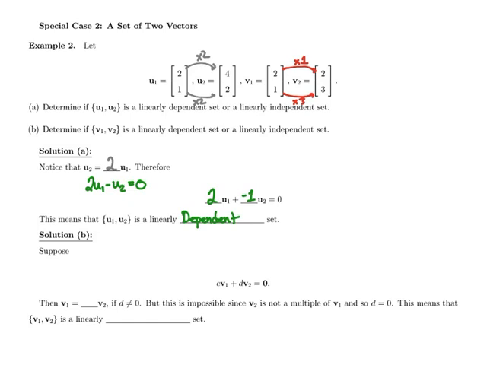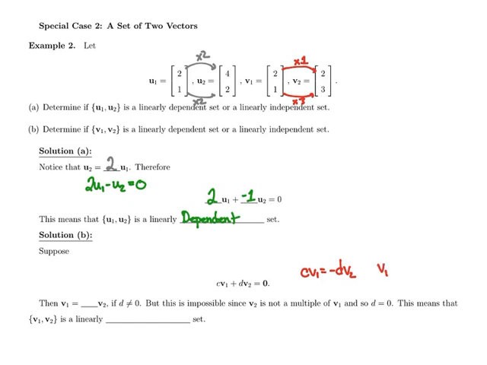But let's say that this was a linearly dependent set. We can look at a solution, c v1 plus d v2 is equal to 0. If it's dependent, then c and d can't both be zero; one of them has to be non-zero. So rewriting this, we have that c v1 is equal to negative d v2,